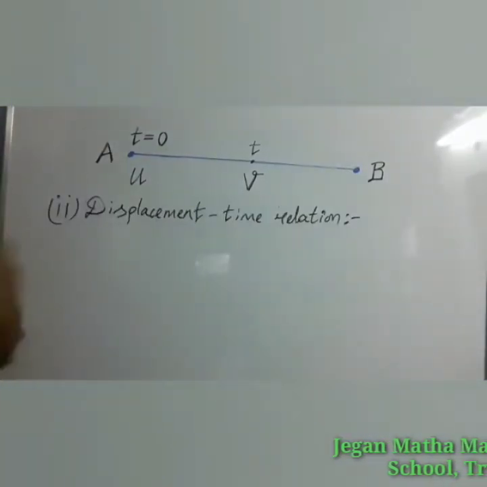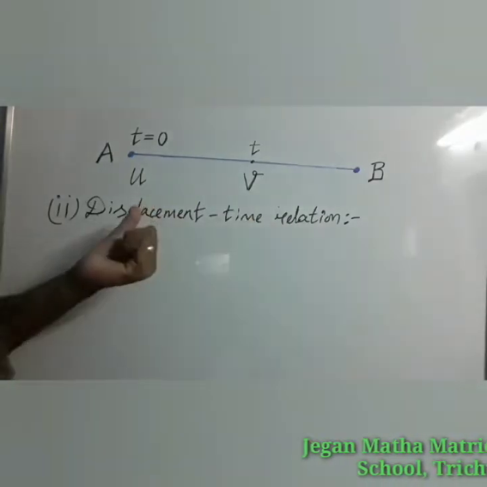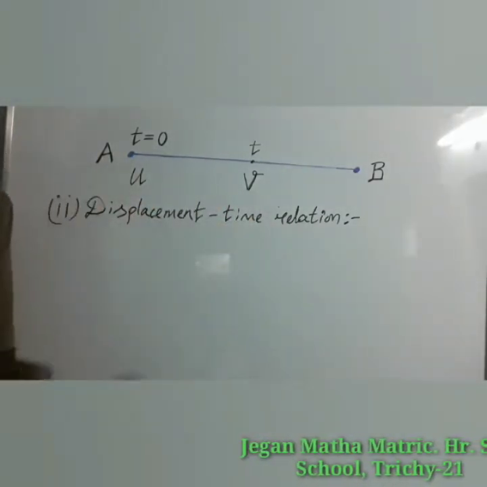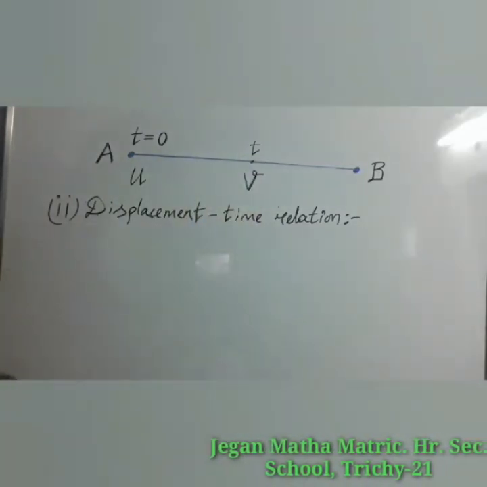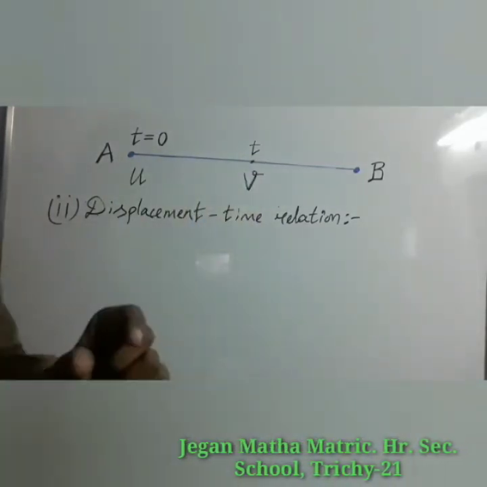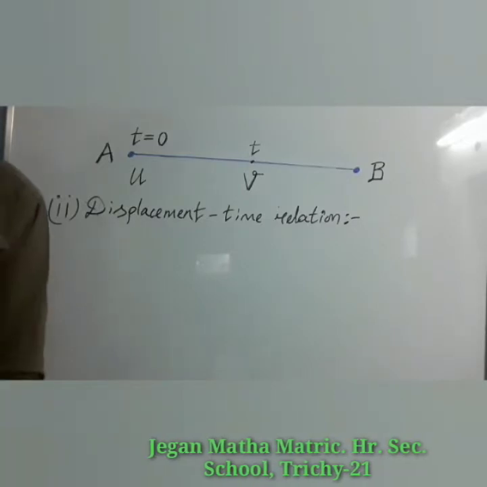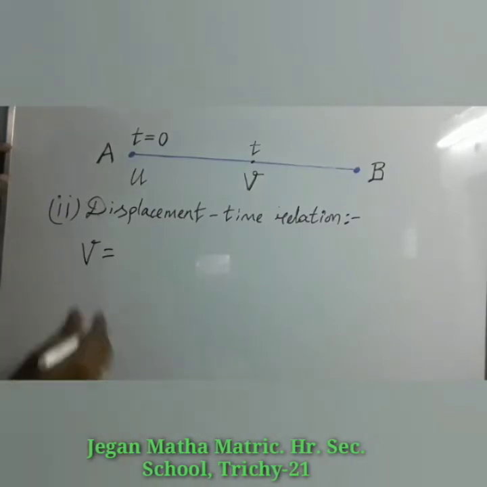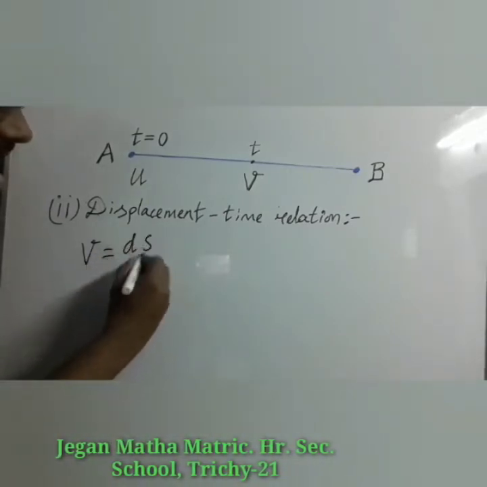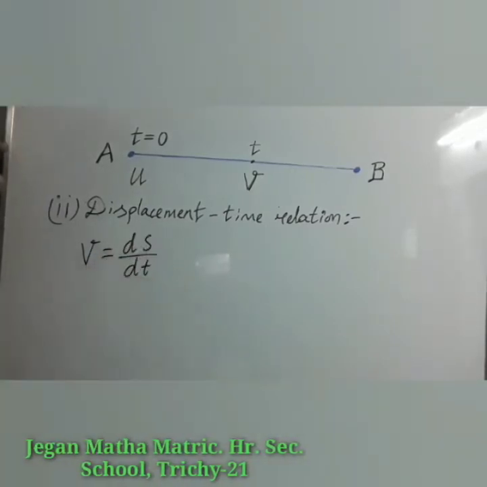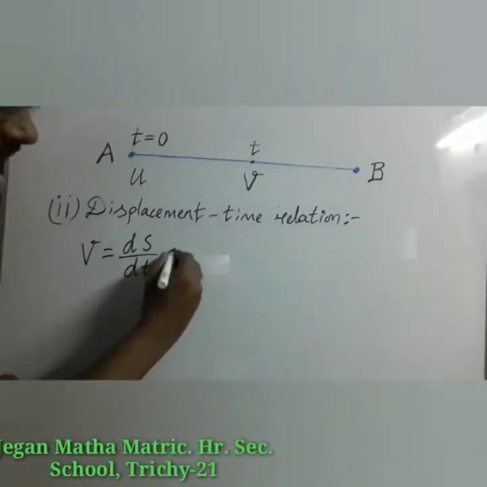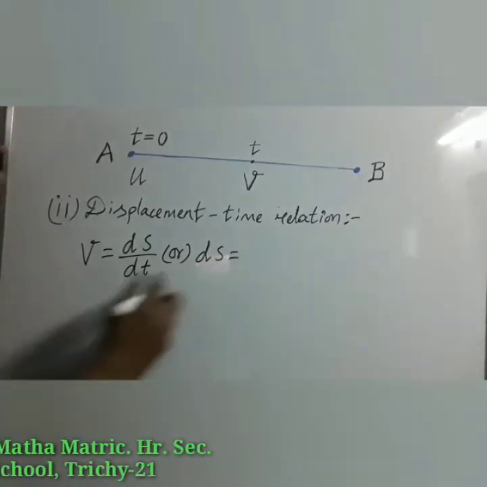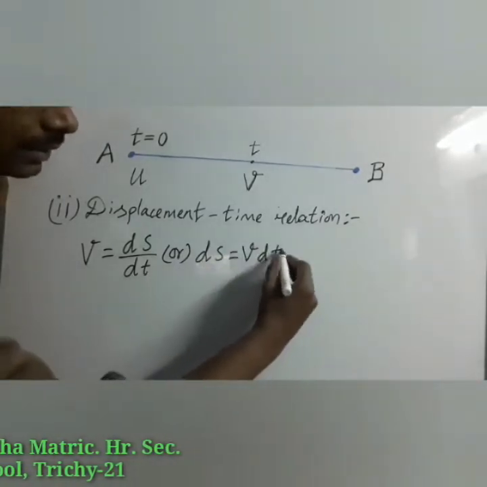Let us discuss the second equation that provides you the relation between displacement and time. Now we are going to take the velocity of the object. The velocity of the object is given by the first derivative of the displacement with respect to time. We know that very well. v is equal to rate of change of displacement with respect to time. That is known as velocity. So here I am going to take ds. Here s represents displacement. Like a previous case, it can be rearranged. It can be written as ds is equal to, dt can be taken that side, v into dt.